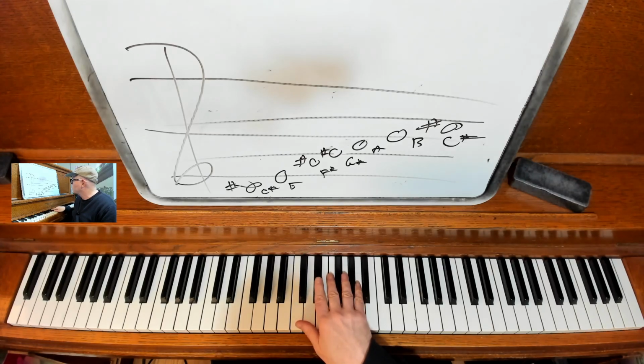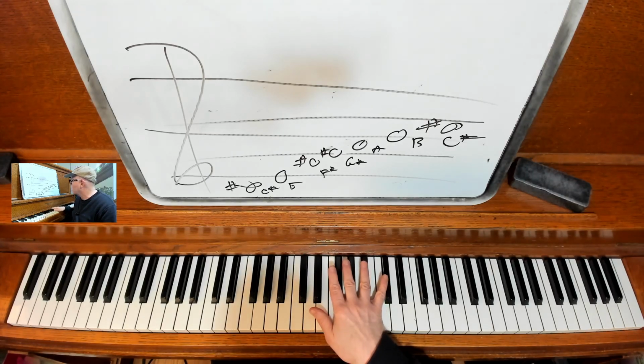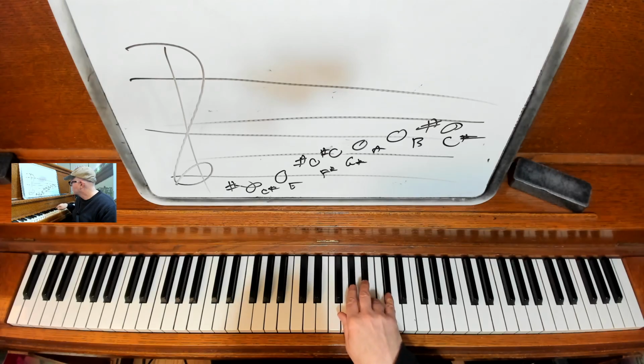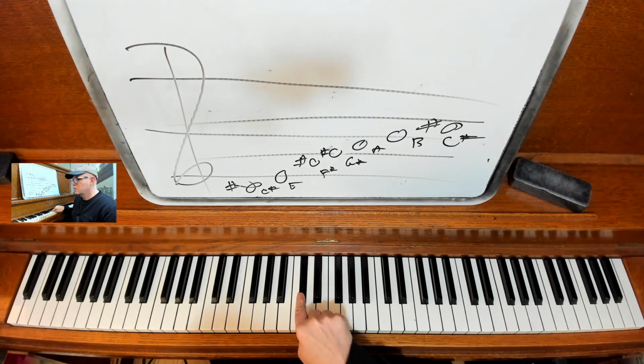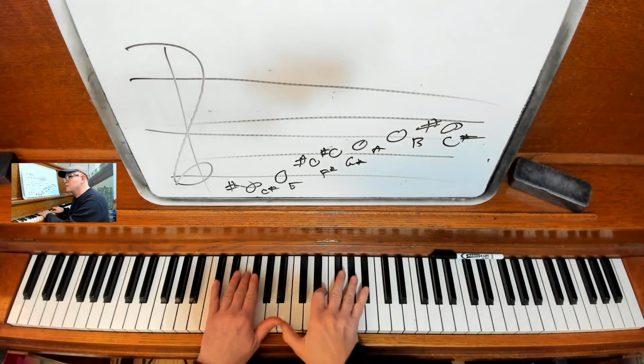Would you want to do precisely what you did going up as you would going down? And you have that note to sort of figure out a pattern for. So if you're improvising,